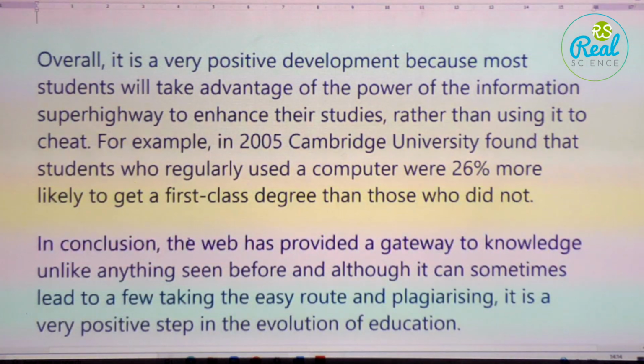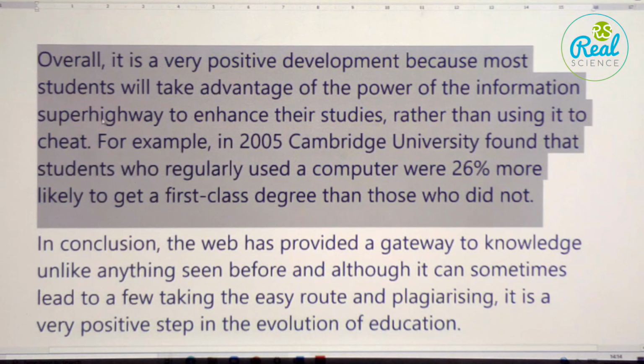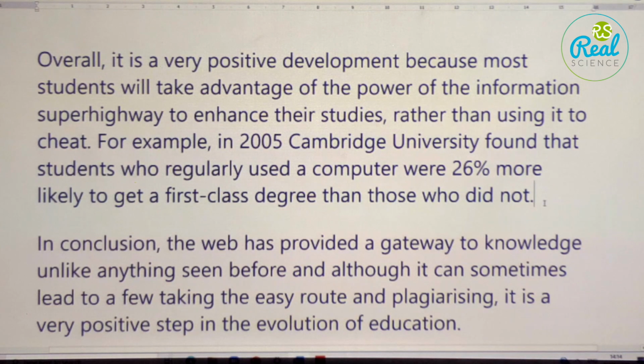Okay, now we have overall. What is this third paragraph? An opinion one. Overall, is it suitable for opinion? No, it's not suitable. It gives the examiner the feeling that it's the conclusion. It's not clear that this paragraph is the opinion one. It's the same as B1 and B2.